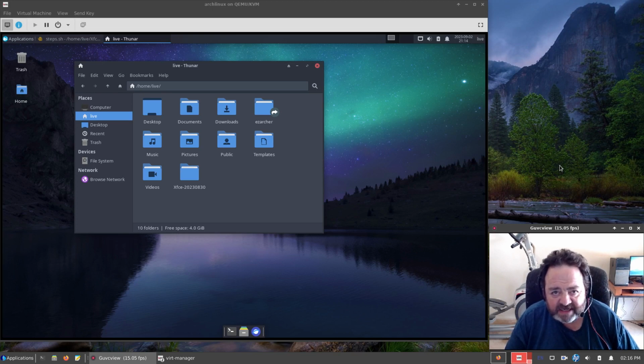I did test spins of the KDE and the Xfce ISOs, and they are up on SourceForge for anyone willing to give it a try. The Archiso package was updated just a couple days ago. With it, a couple changes. Some configuration file changes for